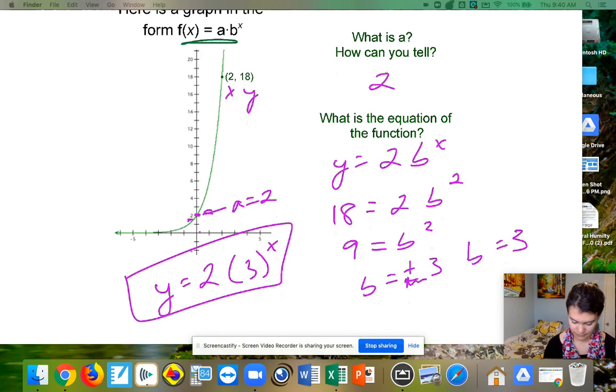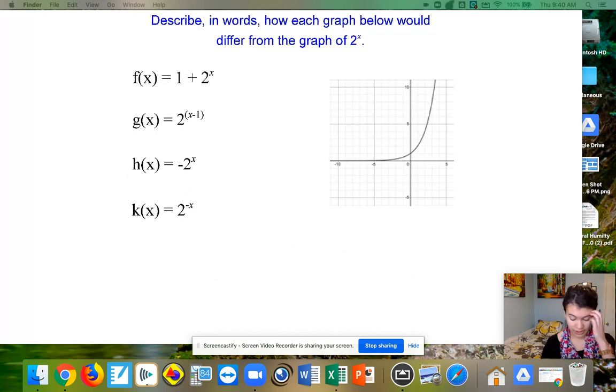Okay, so looking at this, we want to figure out how each of these is different from our 2 to the x function right here. So this is just standard transformations. We've done this before. If we're doing 1 plus something, we're adding 1, so you're going to go up 1. Here we're in with the x, subtracting 1, so we're going left to right. Because it's minus 1, we're going to go